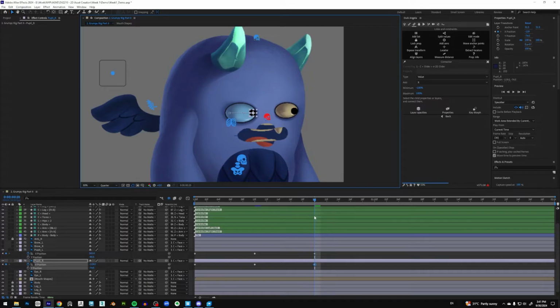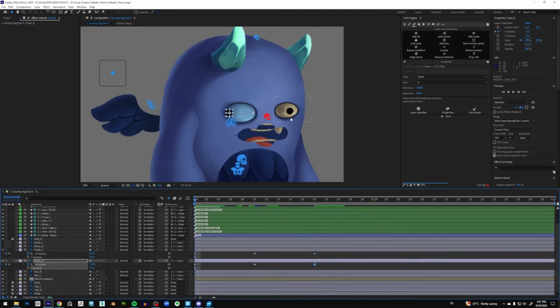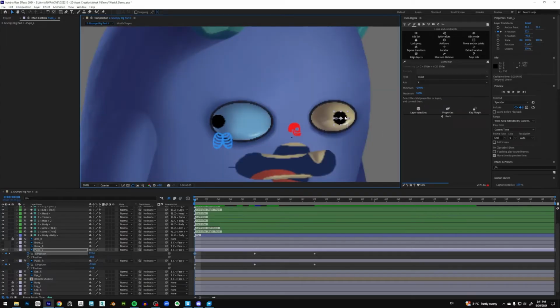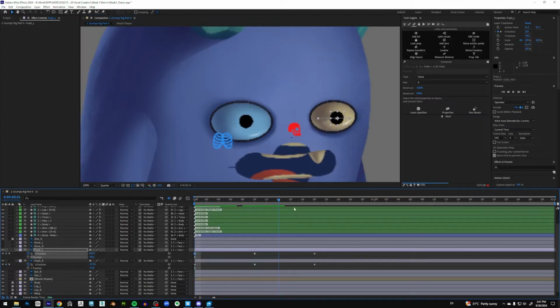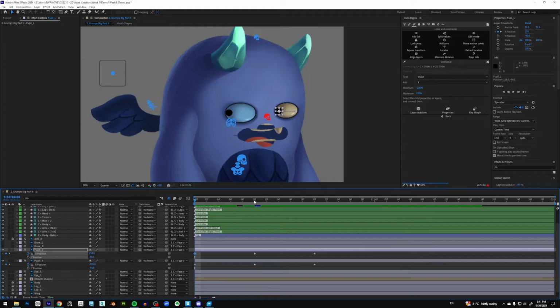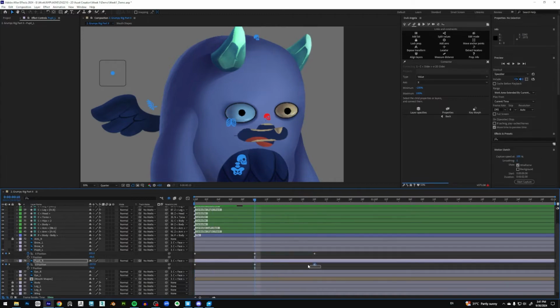Like so. Yes, something like this. So frame 0 is looking left, frame 10 is looking in the middle, and frame 20 is looking to the right. So we have something like this. Next we want to select all the keyframes over here,